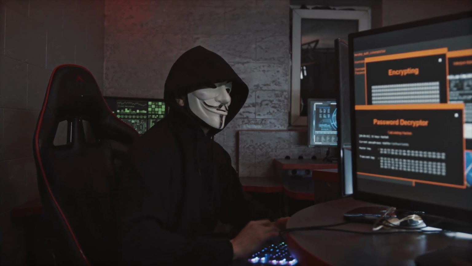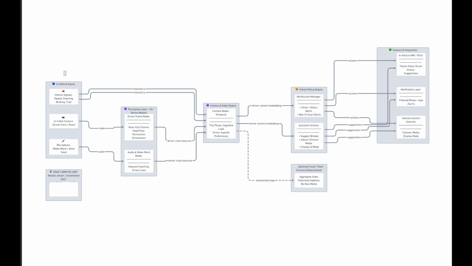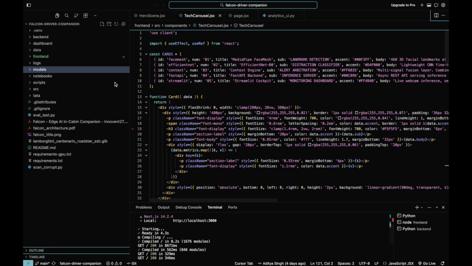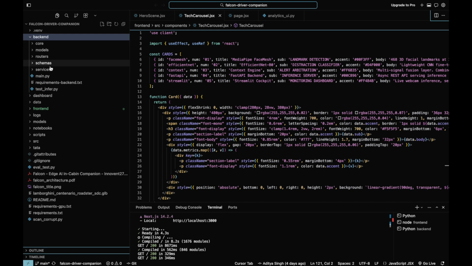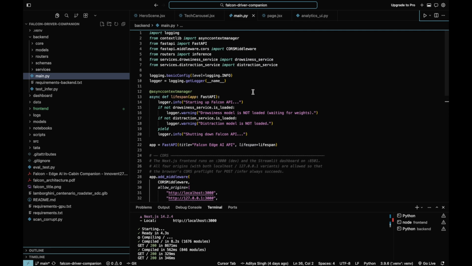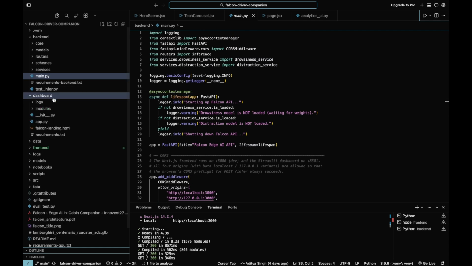Falcon's pipeline looks like this. A camera inside the cabin streams frames into our edge node. We process the frames and pass them through MediaPipe Face Mesh to capture landmarks and eye aspect ratio, and an EfficientNet-B0 model for distraction cues. A context engine aggregates those signals over time: things like blinking frequency, gaze direction, and head pose,